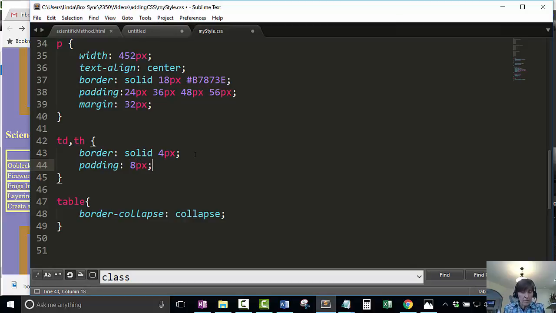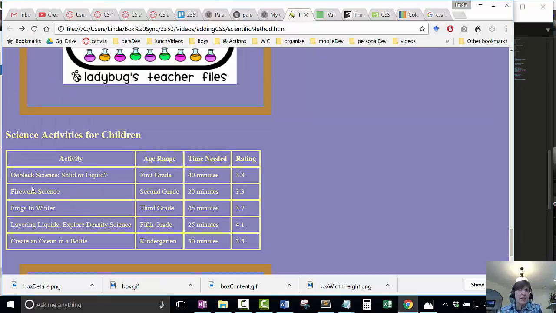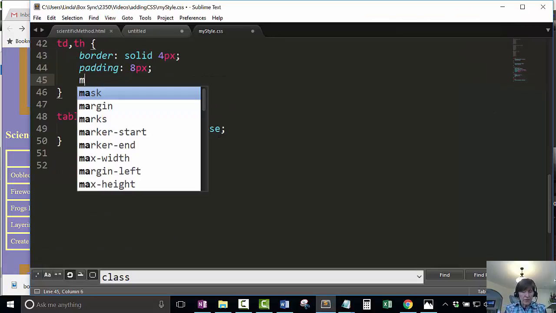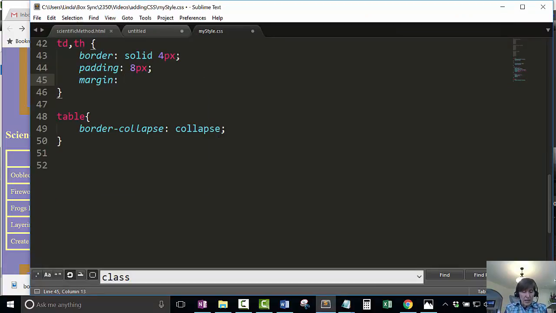And here I'm going to have it be the same on the top, right, left, and bottom. And there. So in the TDs, I set padding, actually in the TDs and THs, right, because I had them together in the same style block. So now I've added that padding. So margin here on the TDs and THs, if I do this and say I want a 6 pixel margin,